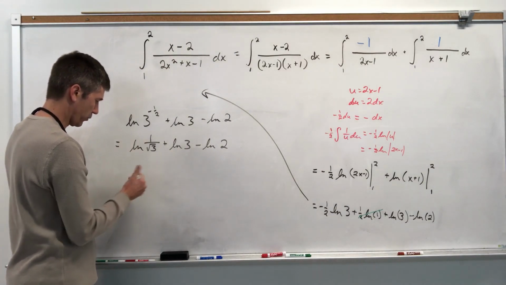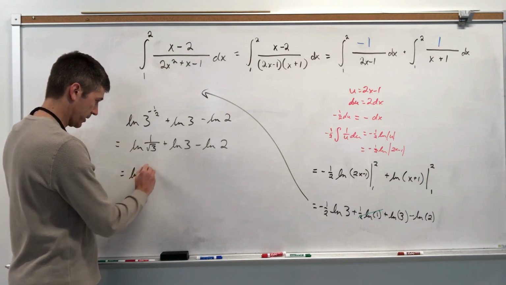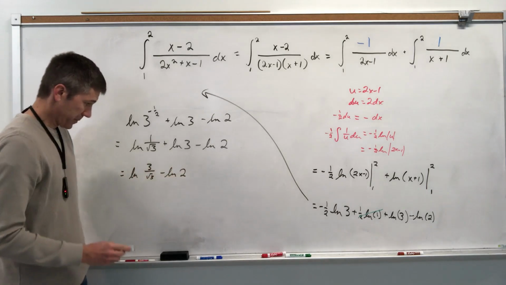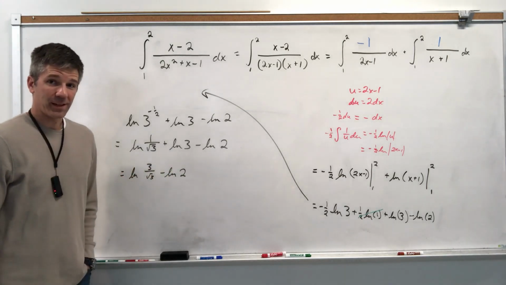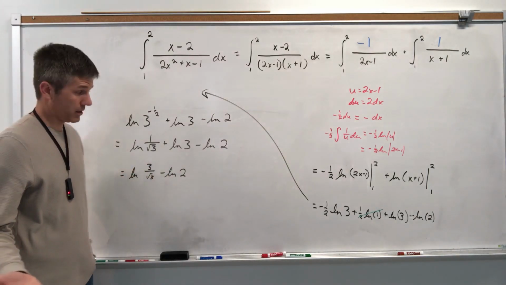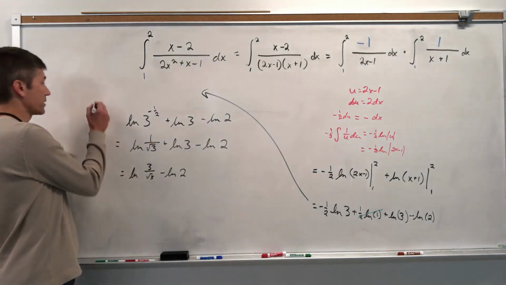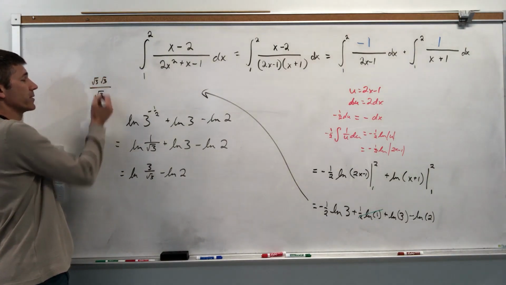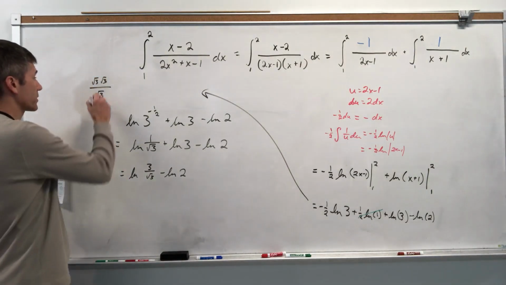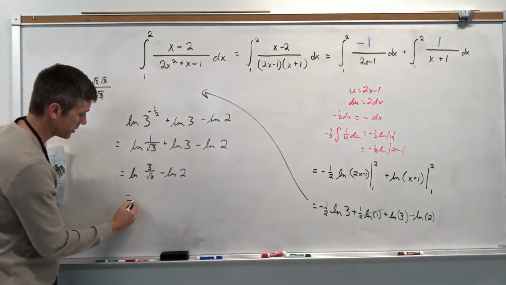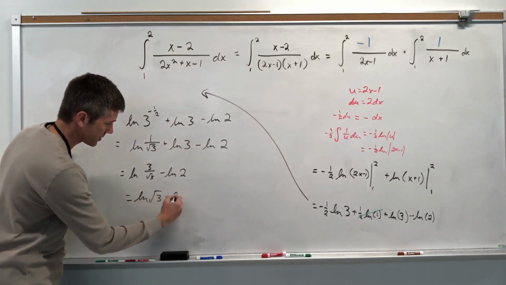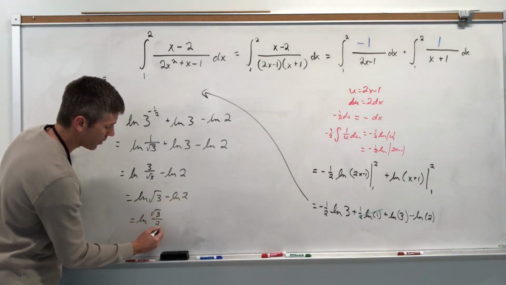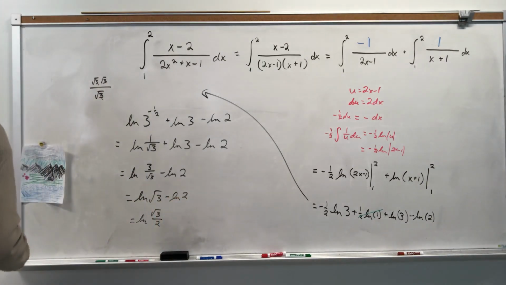Let's go ahead and multiply those two first. It'll be tricky if we do too much at once. Natural log of 3 divided by the square root of 3, and then minus the natural log of 2. 3 divided by the square root of 3 is the square root of 3. It makes sense, right? So like square root of 3 is the denominator and 3 is the numerator, but 3 is square root of 3 times square root of 3, and they'd cancel, so I'm left with the square root of 3. So this is the natural log of the square root of 3 minus the natural log of 2, which gives me the natural log of the square root of 3 over 2 as my final answer,